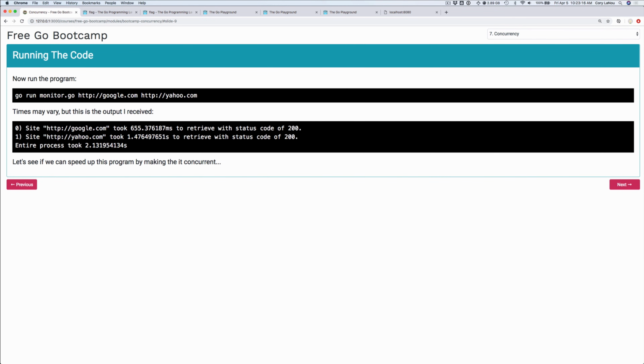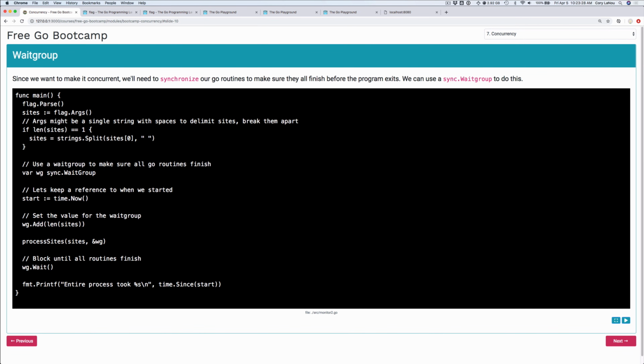So let's see if we can speed things up a little bit by making it a concurrent program. We can use a wait group to make this happen. We're going to use a couple of concepts here: a goroutine and a wait group. What we're effectively doing is synchronizing our tasks. We want to make sure that when I run these different routines, they synchronize, meaning they finish before the actual program exits. That's really important. When we think about concurrent programming, it's always about sharing memory and it's always about synchronizing the tasks in goroutines. That's really all it comes down to.